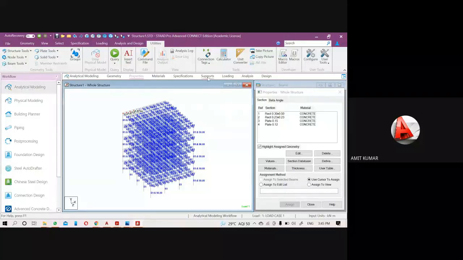But if the software says you have to provide the support before the properties, now you can't change it because you already defined the properties. That means you can't change the step which you already did. Either recreate the structure or use the utilities menu. So it will change the steps.